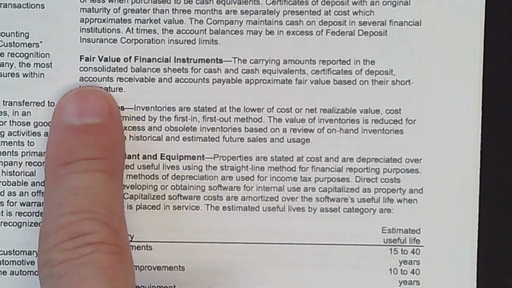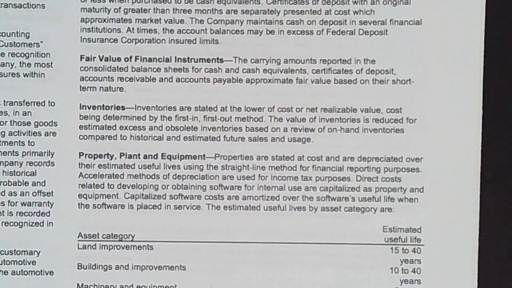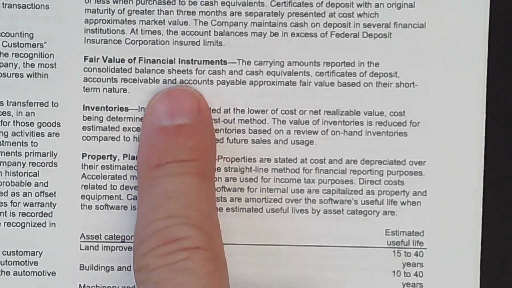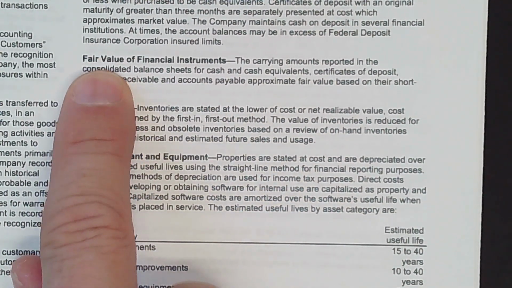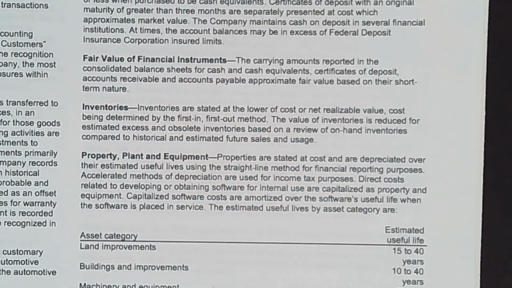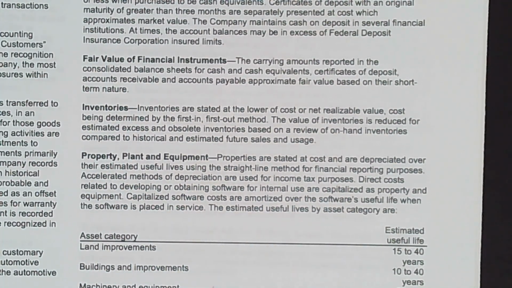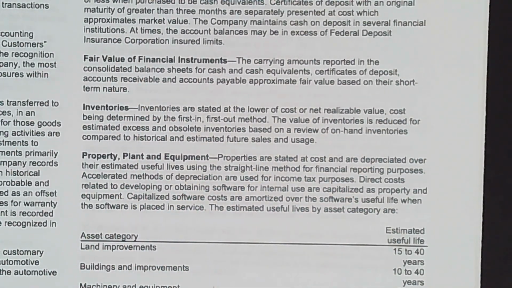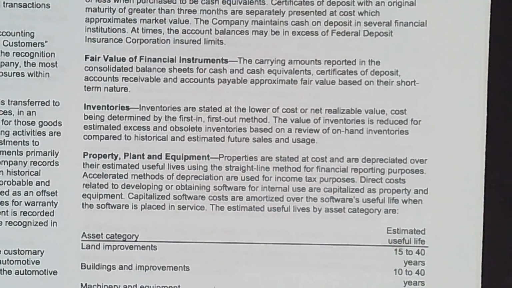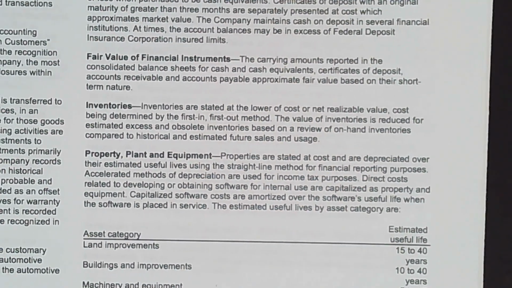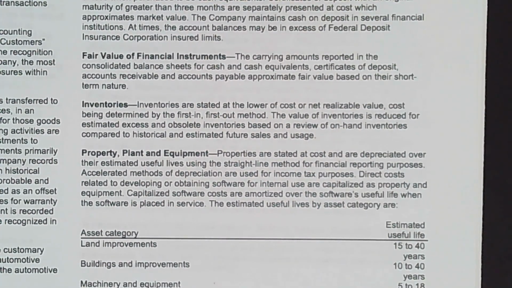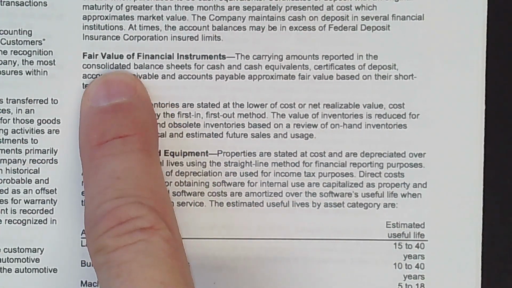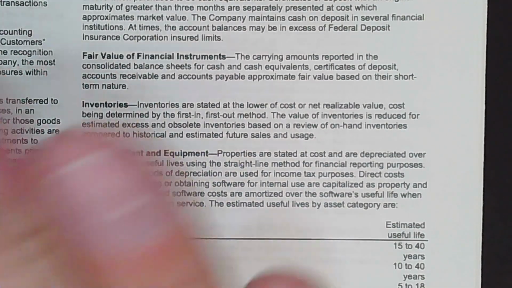Here's another thing that we need to focus our attention on a little bit. Fair value of financial instruments, right? Fair value. What the heck is fair value? We're going to chat about that in a little bit. But fair value is another way of accounting. And what we'll find is that there are 3 or 4 different models of accounting that you will come in contact with when you are looking at financial statements. Fair value accounting is one of them. Okay? But we'll talk a little bit more about that.